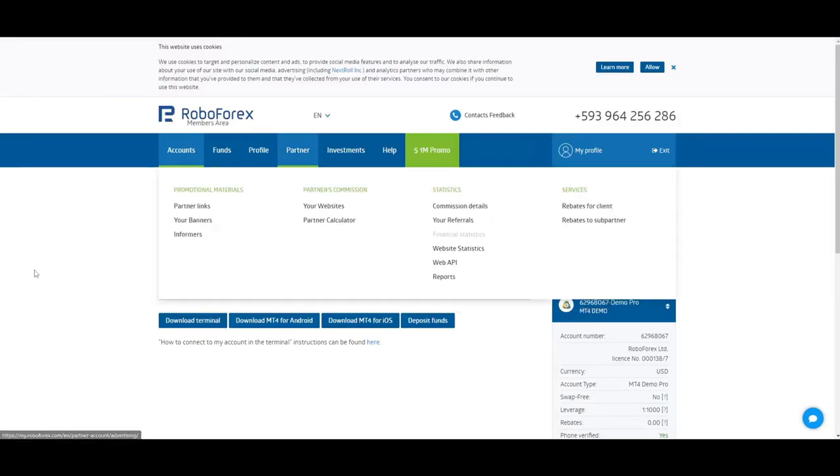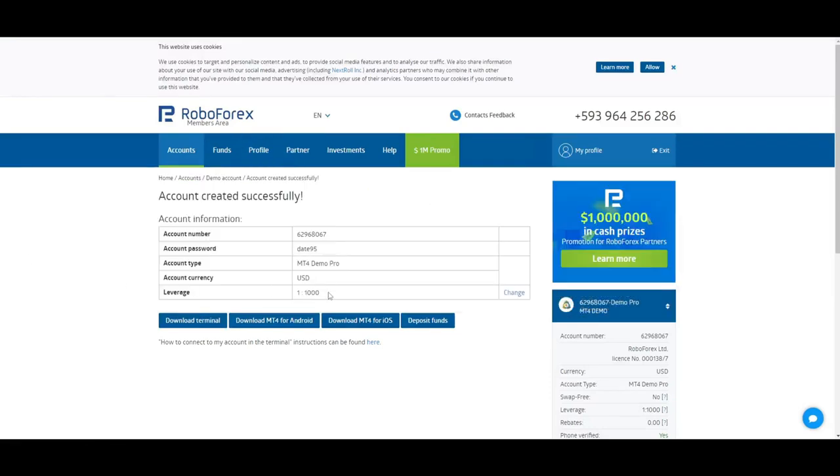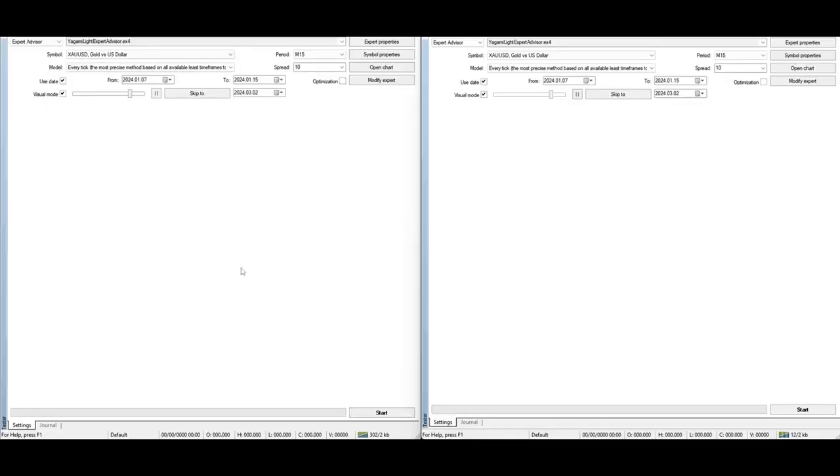Okay, currently I opened two accounts with my bro. One is 1:1000 leverage, Demo Pro. It's the standard account. We go back to the trading terminals. I have here the two accounts. I already logged in. So I will go to 2013 to April,